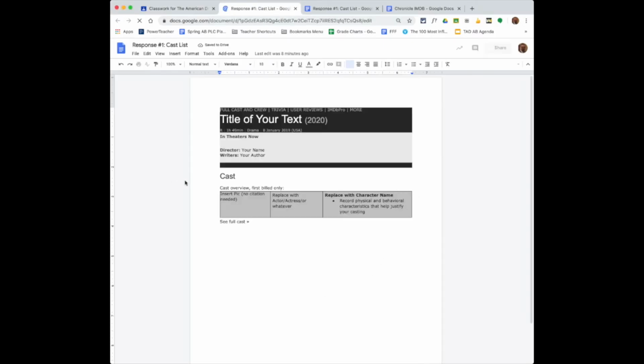Everyone has been made a fresh copy, and so there are some things that will have to be changed to match just your text alone. So the title of the movie is going to be changed to the title of your text. You're directing this, so you get to put your name in there, and the writer should be the author of the original text. For each character that you can find, and I'm going to suggest 5 would be a good